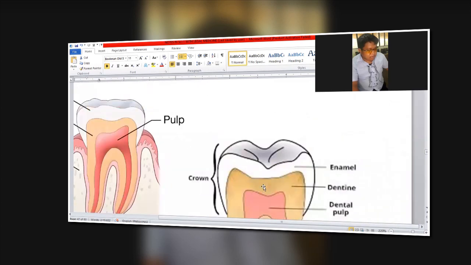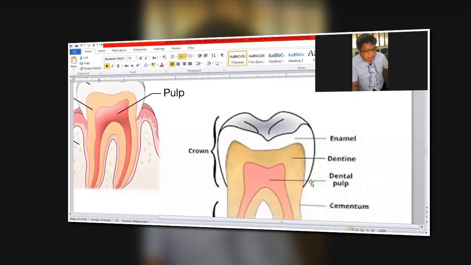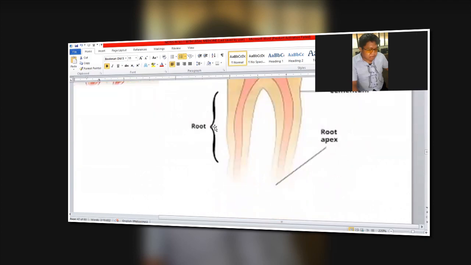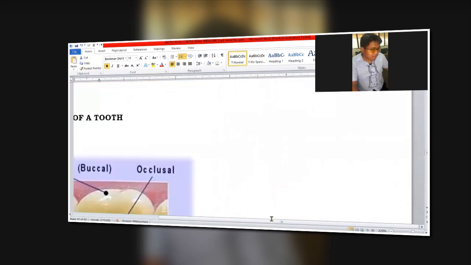Another. Enamel. Itong size na yan, papunta doon sa baba, that is the crown. Enamel, that is the covering. Dentin, after the enamel. Kaya pag wala ka nang enamel, nasira na yan. No, is it a threat? Okay? And that is the root. Alright? Then another is